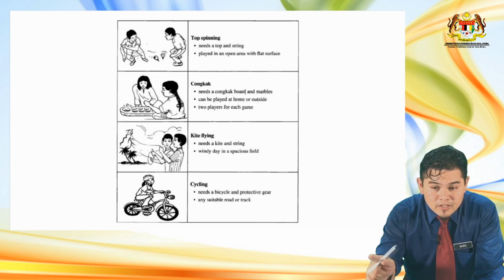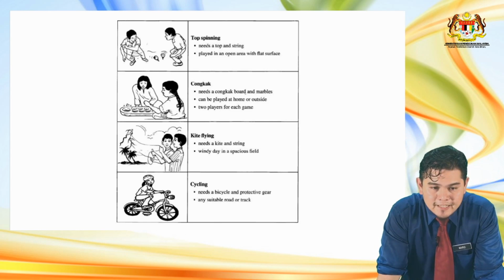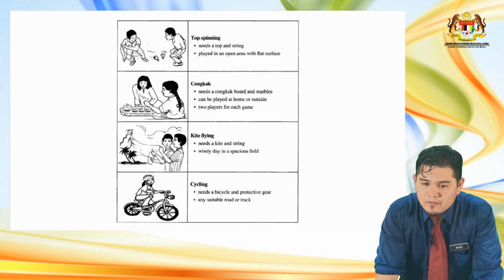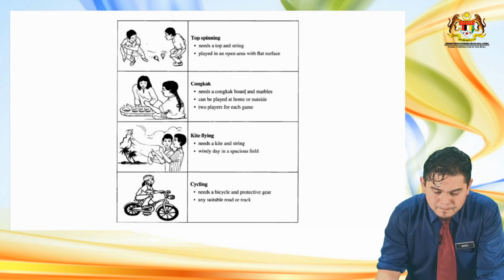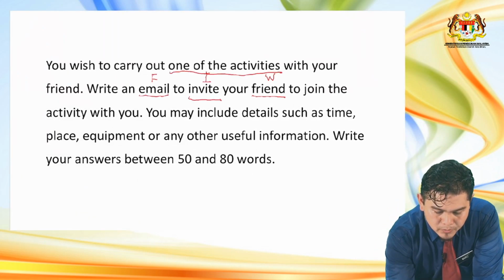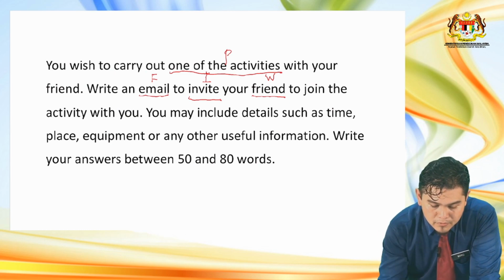Since the question says one of the activities, you have to choose only one here. If you want to do cycling, then you go for cycling. If you want to do kite flying, then you go for kite flying. So, one of the activities, which is the point, and don't forget that you have to provide